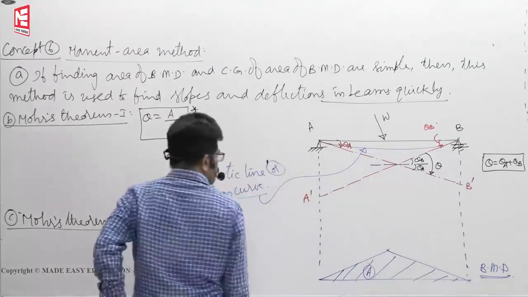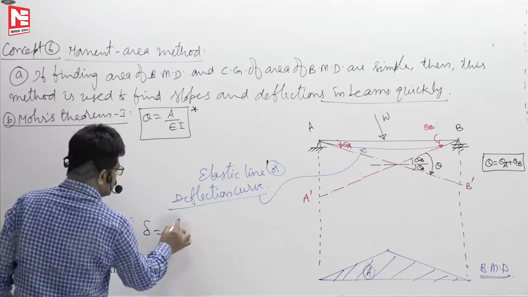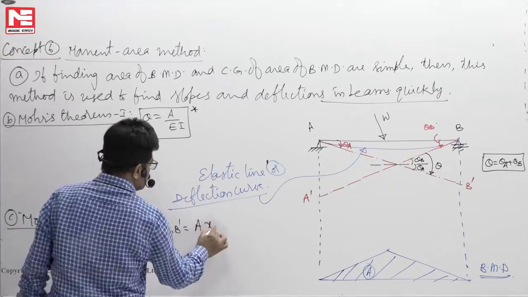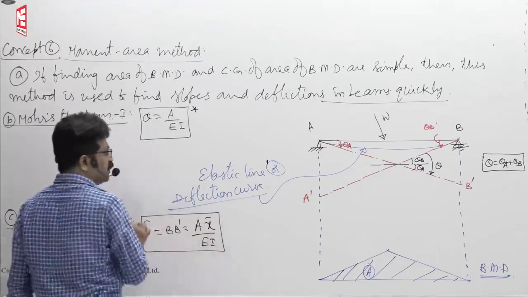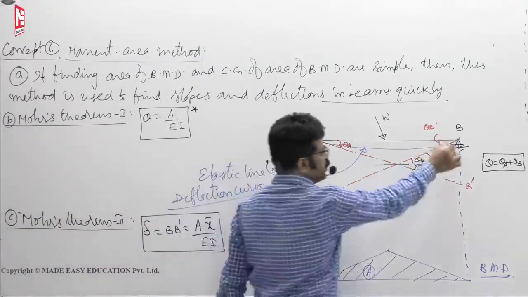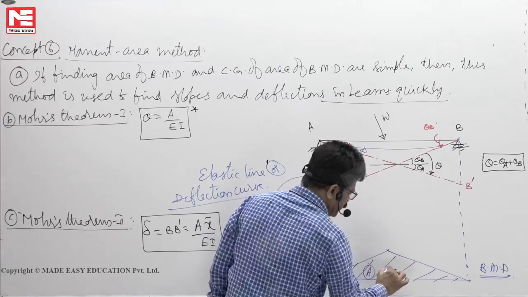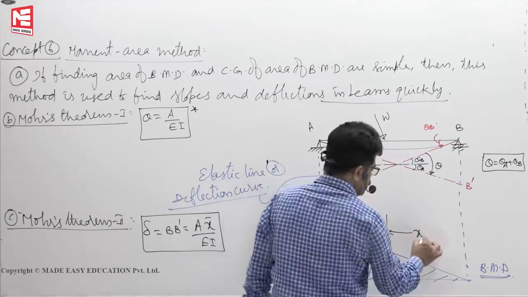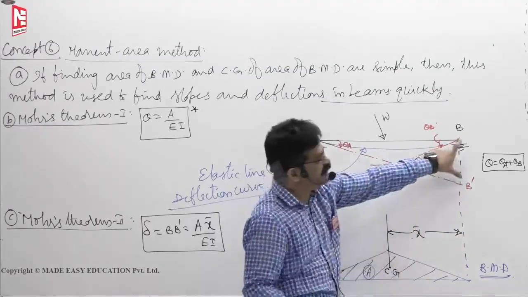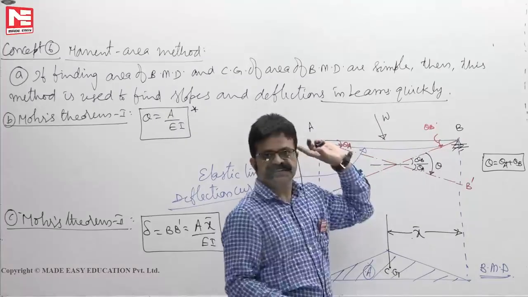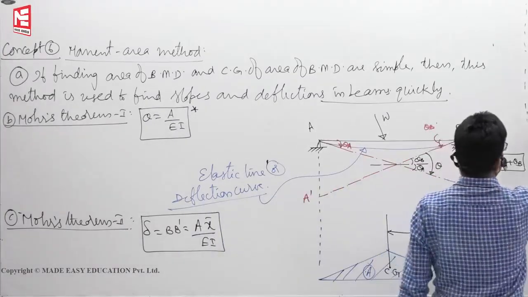BB dash is equal to, that means delta is equal to BB dash is equal to A X bar by EI. That means if you want to find BB dash, this is the area of the bending moment diagram say. CG is somewhere here, this distance let us say X bar. Area into X bar by EI, you will get this deviation, not this deflection. Okay. So, theorem 2,